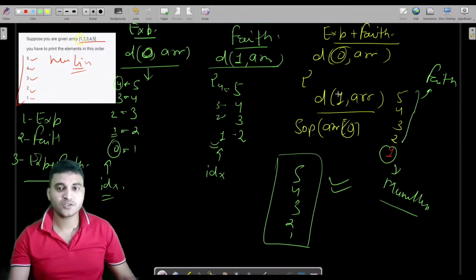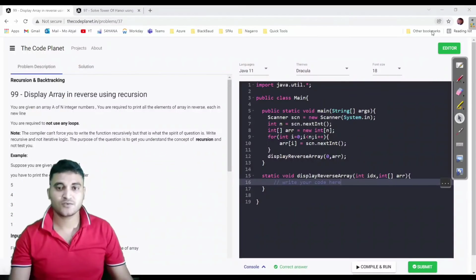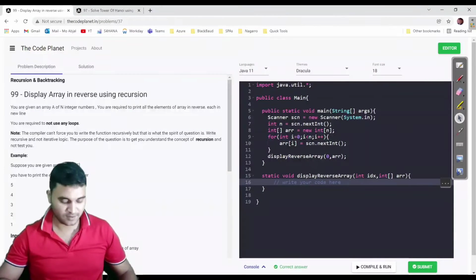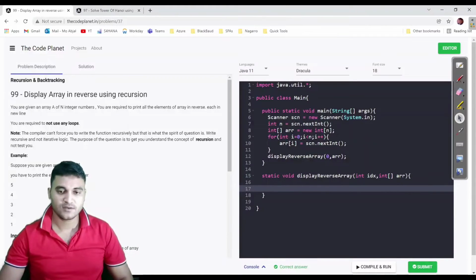Let us code this approach. I will not be explaining it much, because in the previous video, just before this, I explained the code in depth. We just have to complete the body of this function. This is my expectation: if I have been passed 0 and arr, then I should be able to print 5, 4, 3, 2, 1.